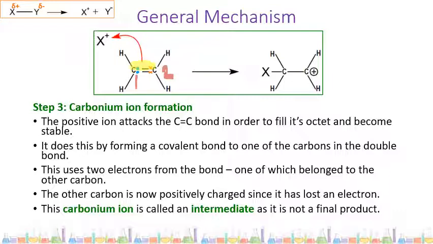It forms this bond to carbon 1. What you'll notice though is it has taken an electron from carbon 2. Anything that loses an electron is going to have a positive charge. So carbon 2 is now positively charged, and this species here as our product is called the carbonium ion. It's an intermediate because it's formed during a reaction, but you're never going to get it as a product. It's very unstable, and so we'll see it react now in the next step,